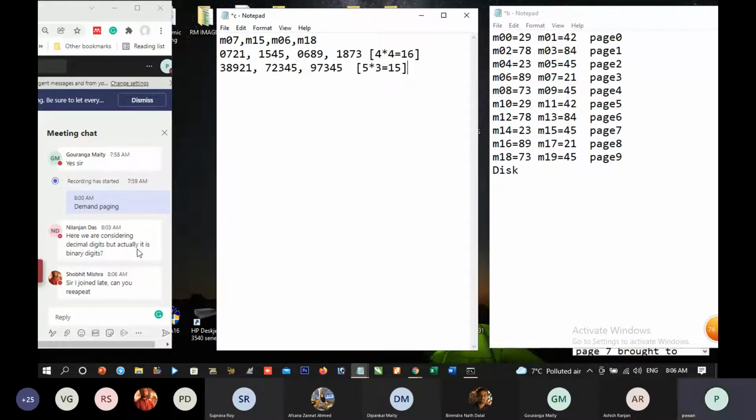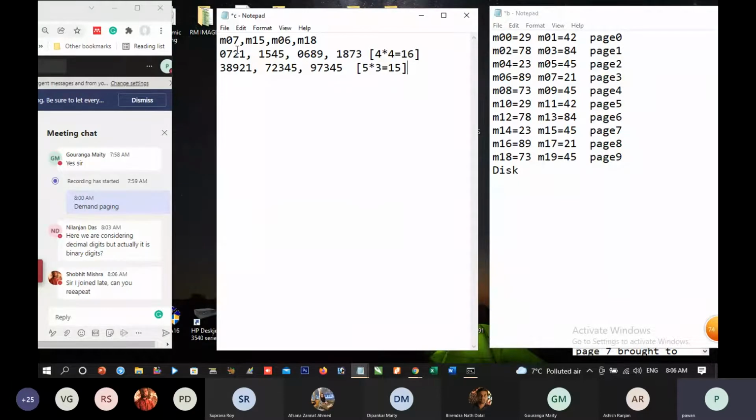We shall talk about demand transfer. We have got some information onto the disk, and the part of the information will be stored in main memory. Which part? The part which is needed.